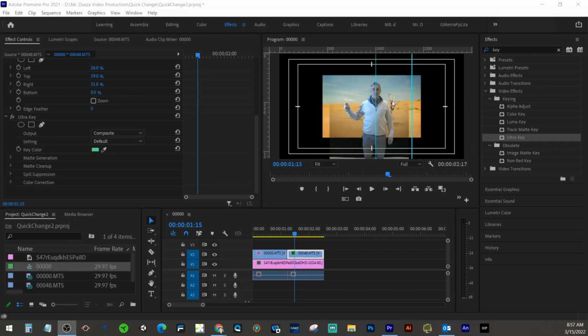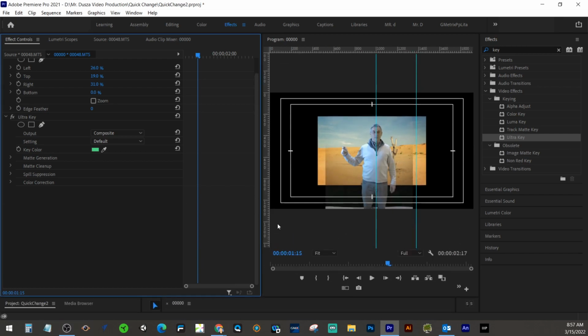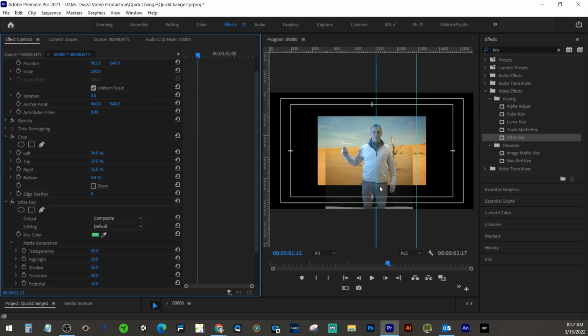It should sample that color, and we get a basic result; it should remove most of that color. If you do have some shadowing happening, there's some fine tuning that we can do also. If you look down at your properties here, I found that if we go to the matte generation category